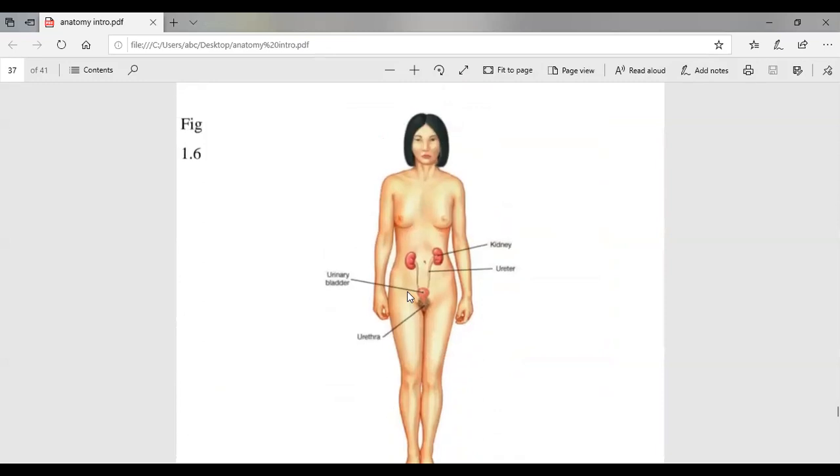This is a rough diagram of the urinary system. What is the urinary system? It is an example of organ system, right? What organs is it made up of? It is made up of kidneys. Can you see the two pipes called ureters? Then the urinary bladder, and then the urethra. So these are the different organs which are working together with each other and performing a single function. This is the urinary system. Let's go ahead.